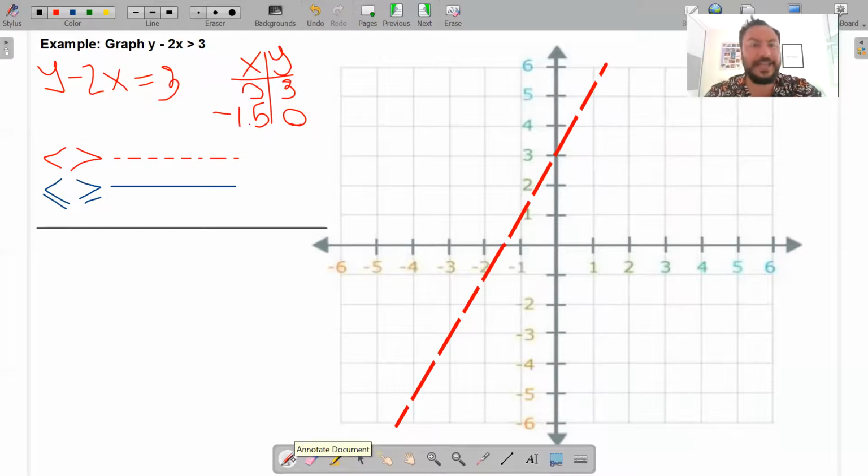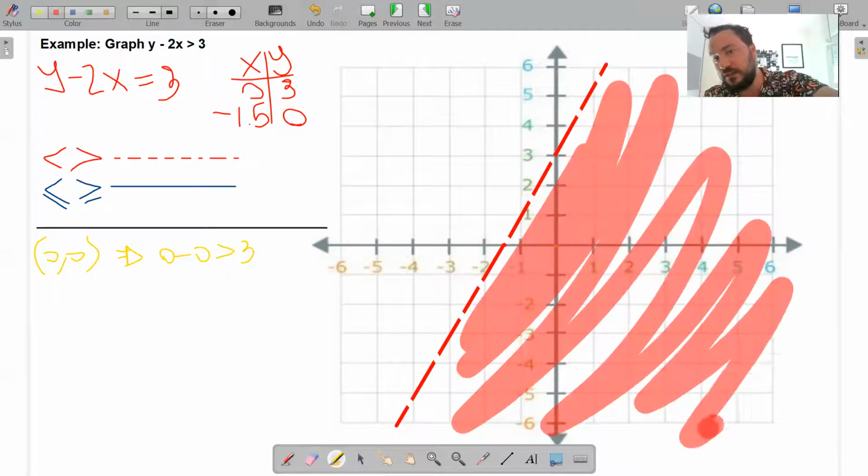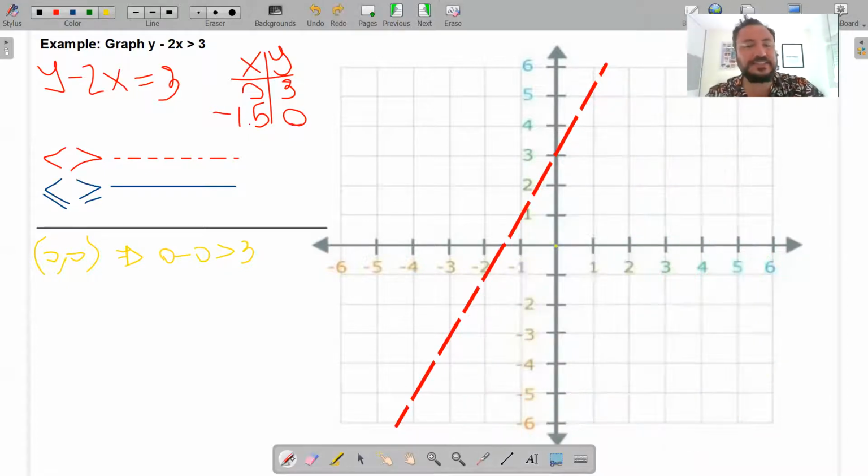The classic case used by many books is choosing one point that is on one of the sides. In this case, I'm going to choose the origin, the point 0,0, and plug this value into your inequality. So in this case, it will be 0 minus 0 greater than 3. If the statement here is true, then the area that will be shaded will be the area where the point is included. But since in this case the statement is that 0 is greater than 3, and the statement is just false,